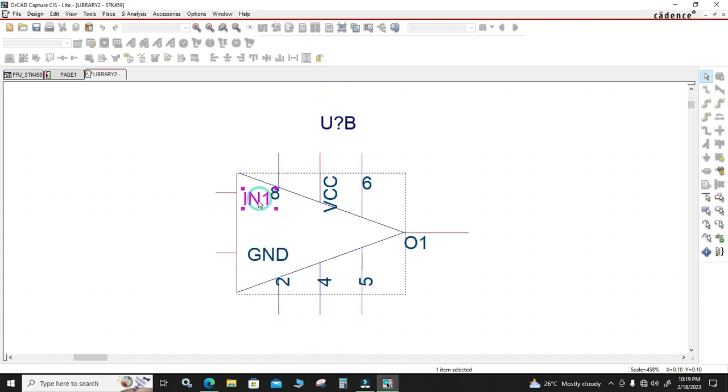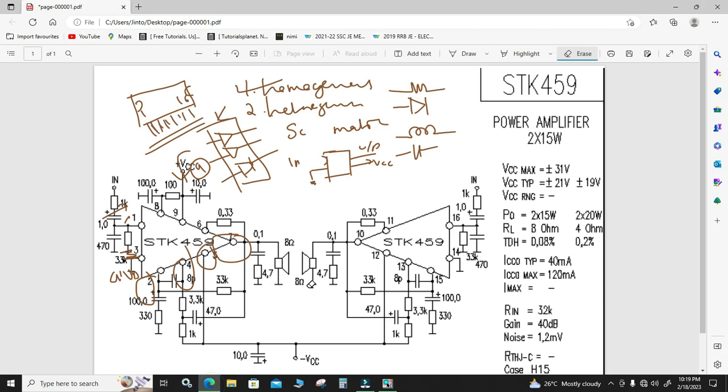Then the same thing again comes here. Then we need the shape. This part is